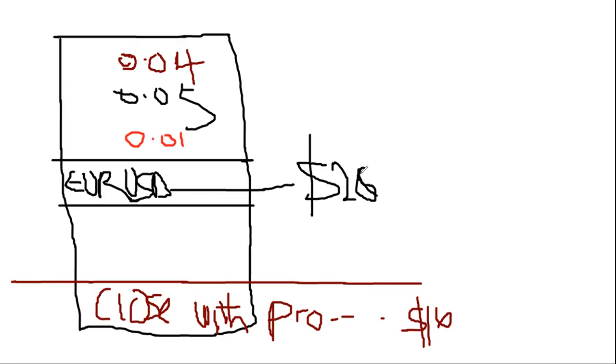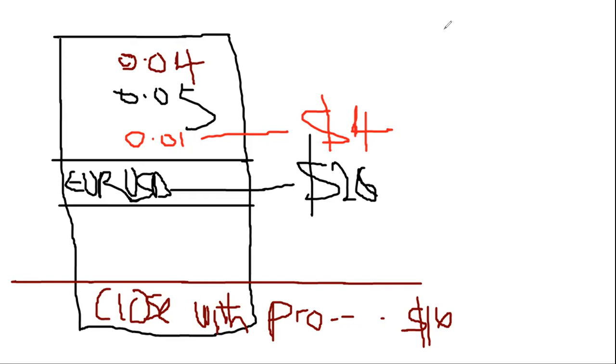Because you've taken $16 out of these $20, probably you are left with $4 running. So if this one should go and hit profit, good. But if it should go and hit a loss, then there is no problem because already you have booked